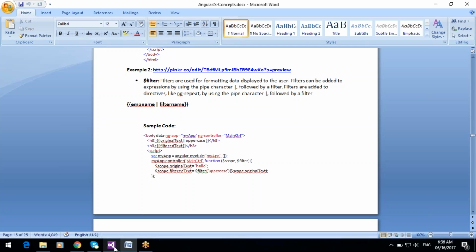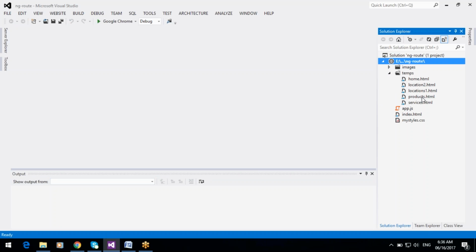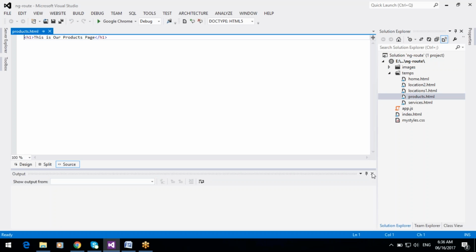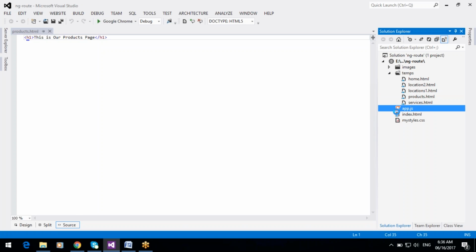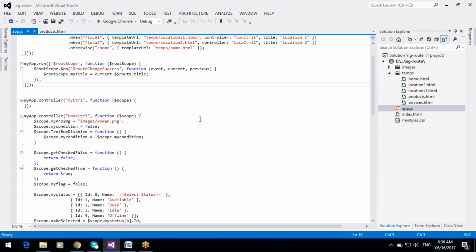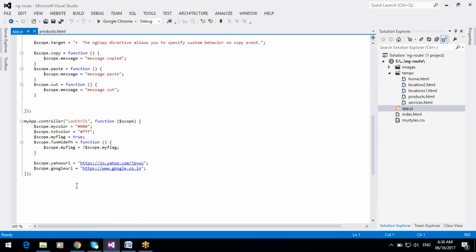So for example, in the products template, we can display products and their cost. In the product controller, I can create one scope object.